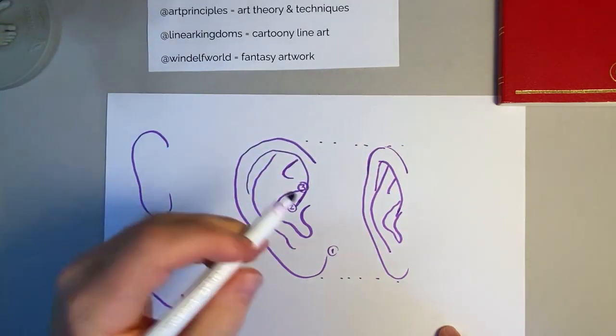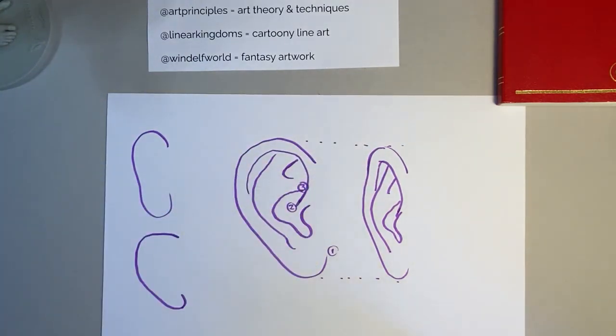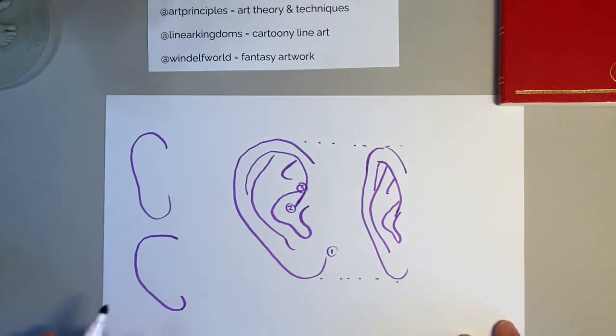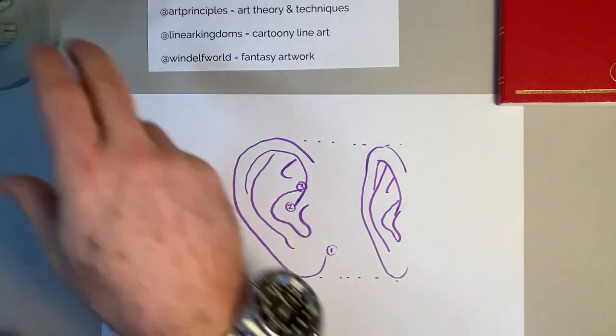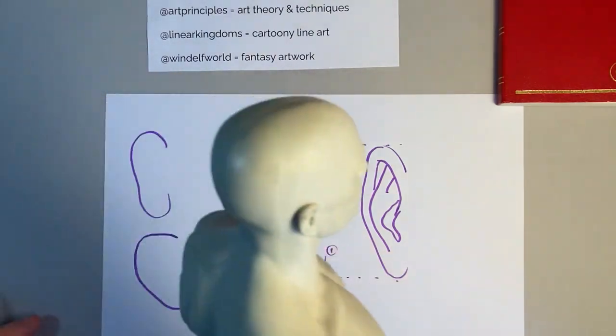And that'll get you in the ballpark. And then from the back, it can get tricky. That's where actually I'm going to jump ahead here and say I've got my old friend